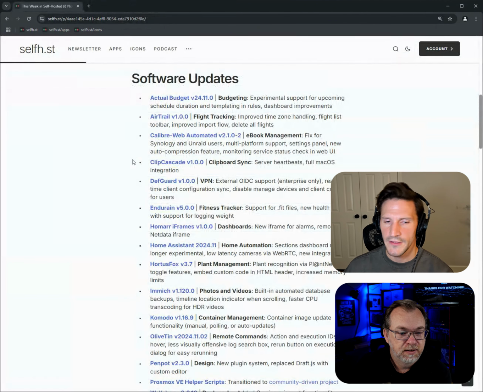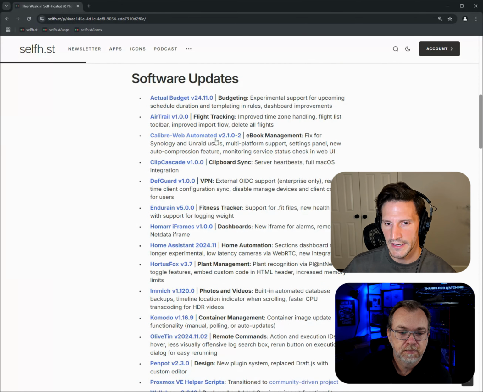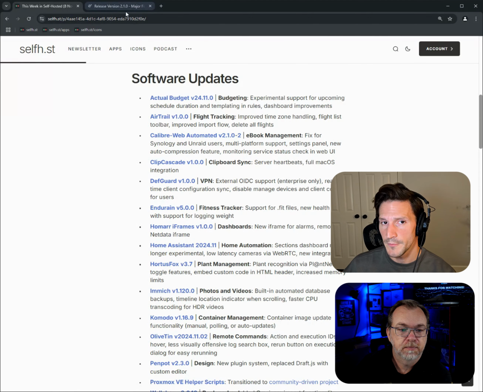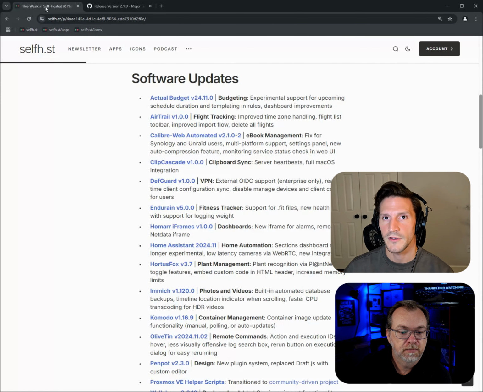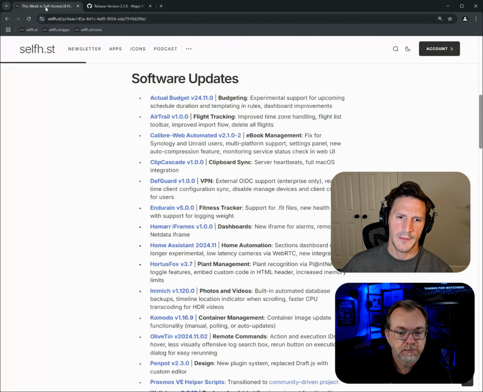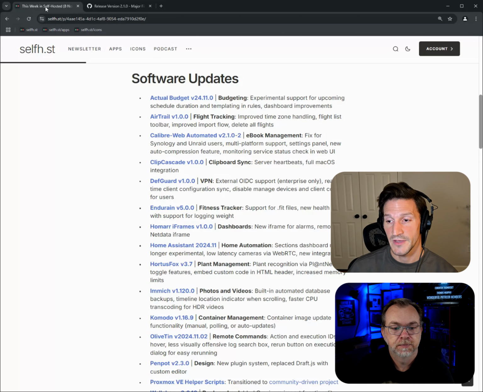And the other update I'm going to talk through before I pass it over. There's a project that popped up a couple months ago called Calibre-Web Automated. They dropped a couple big updates this week. They picked up multi-platform support, so if there was anyone running a platform that maybe couldn't install it before, hopefully you can now. They also came out with some fixes for Synology and Unraid users who might have been having issues before, and Unraid and Synology are both very large platforms for self-hosters, so I'm sure that's huge for many people.